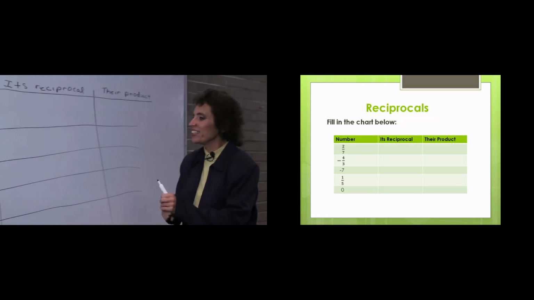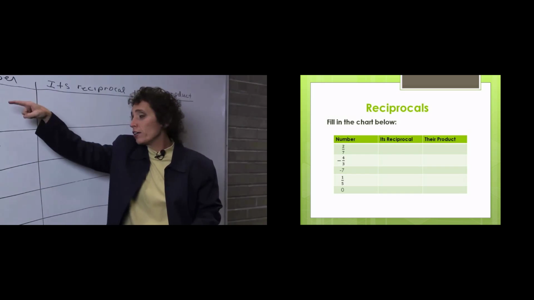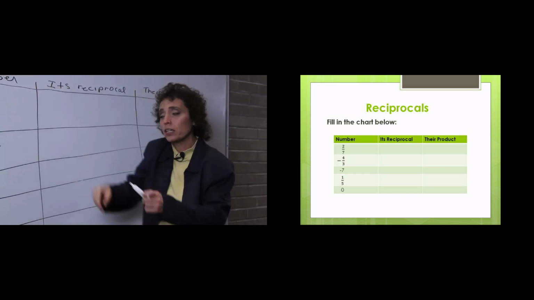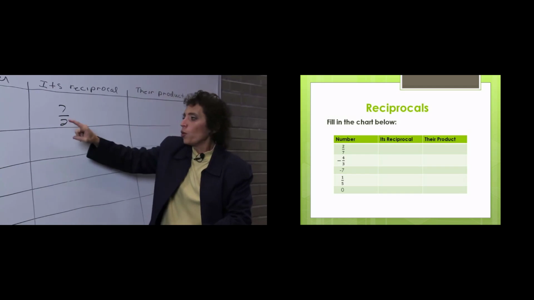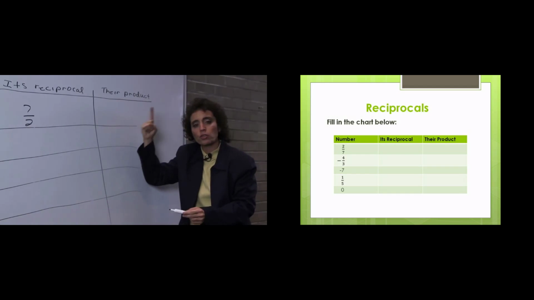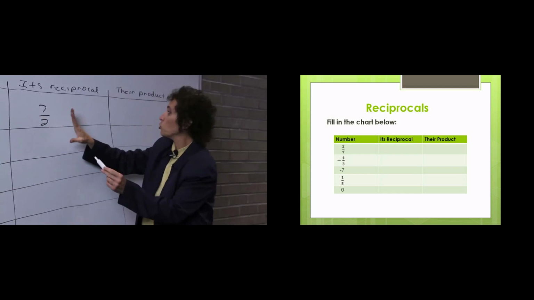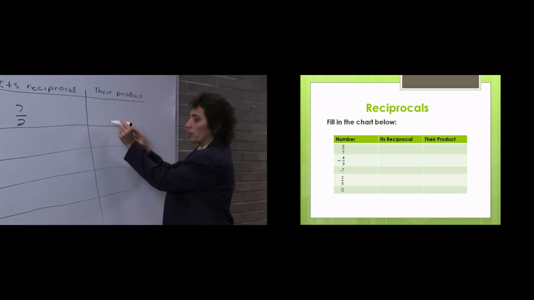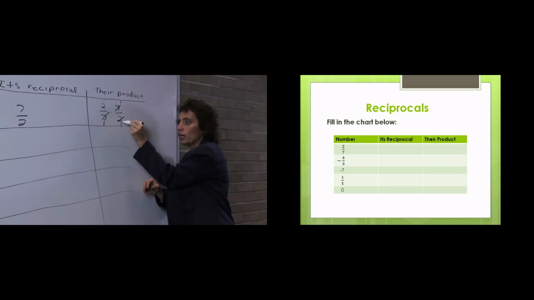All right, let's see what you did here. Remember, to make a reciprocal, all you have to do is interchange the numerator and the denominator. So 2/7 becomes 7/2. Now let's talk about this for a second. When you have a number and its reciprocal, the product of a number and its reciprocal is 1. So that means when I multiply these two together, I must get 1. I'm just going to show you this right here for a second. 2/7 times 7/2, we get 1.